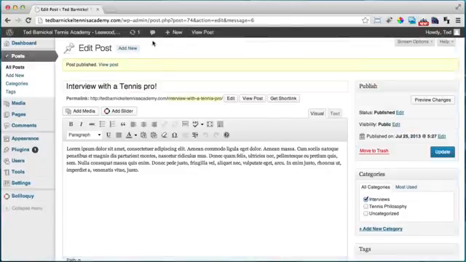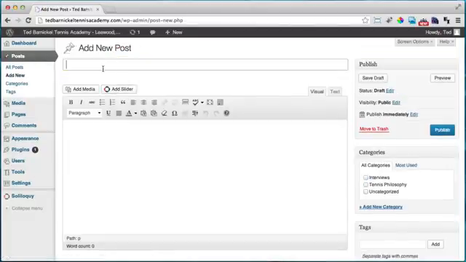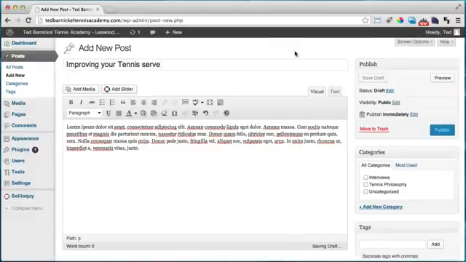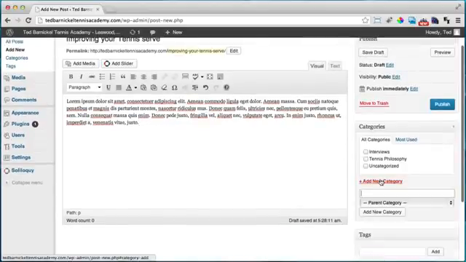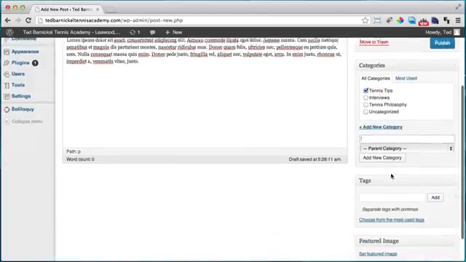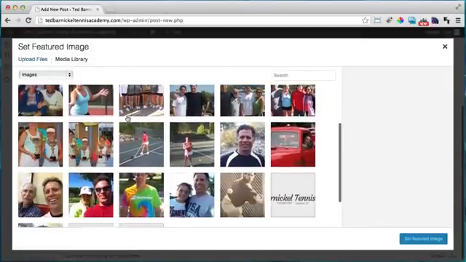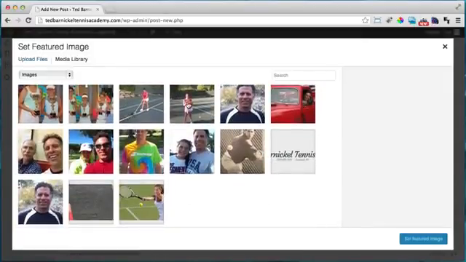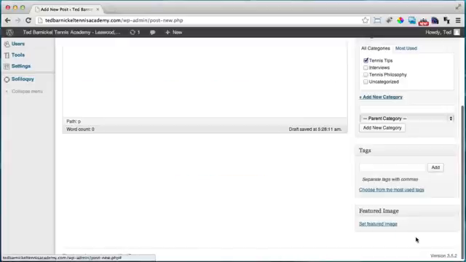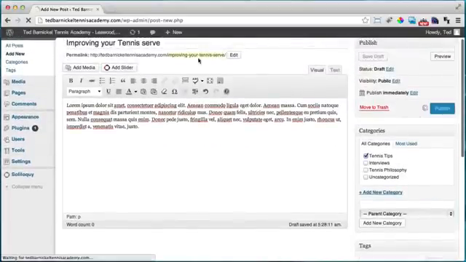So let's make one more just for fun. Click add new, and we'll call it improving your tennis serve. Write something there, and I'll put this one under tennis tips, add that category, and set my featured image. So we will use this one and set featured image. So let's publish that,